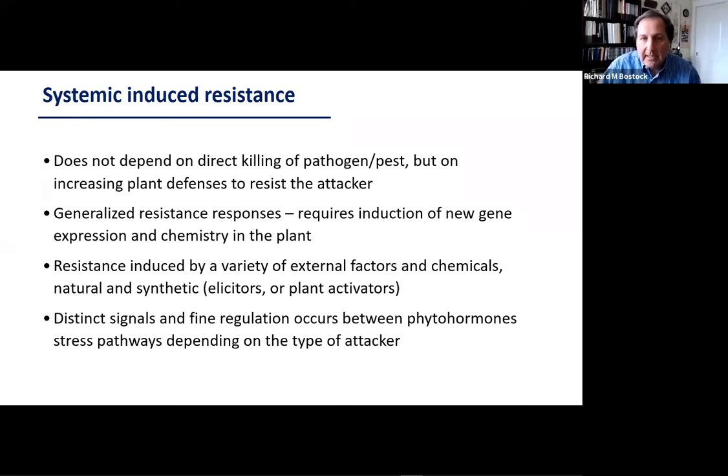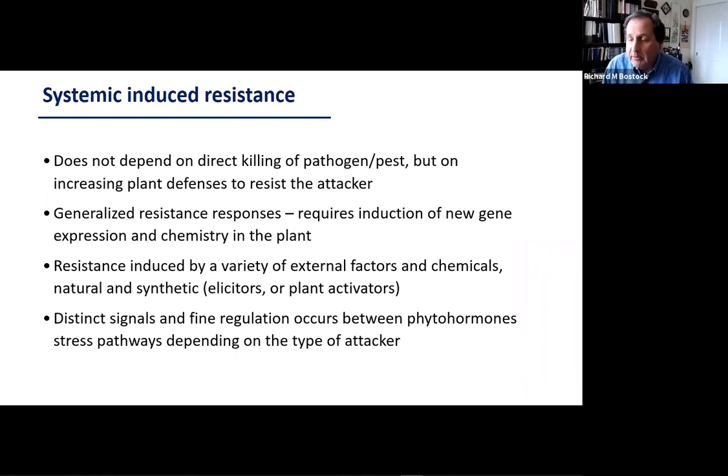What I mean by that is that in these leaves, the plant is kind of going into an alert, basically, and it's being triggered to be on the lookout for new attacks. And so there's a change in gene expression, and a change in the chemistry of the plant as well. And then this resistance, what has been found, in addition to being biologically induced, like I just showed you with pathogens and pests, can also be induced by certain chemicals, both natural, which is of interest to organic growers, as well as synthetic